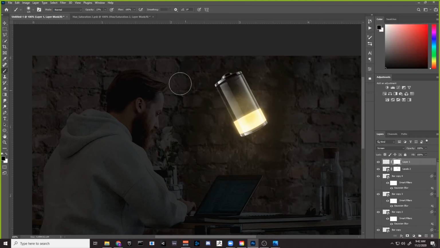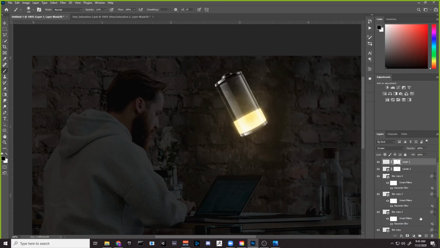So with the black tool and with a reduced opacity, I can just get rid of the sides here, and I can just make this a little bit less and make this a bit. So just reduce a bit from here, because I want that glow a bit, that yellow glow here. Now the last thing that I can do, I need to add the text as well. So let's add the text. Now we're going to end it here